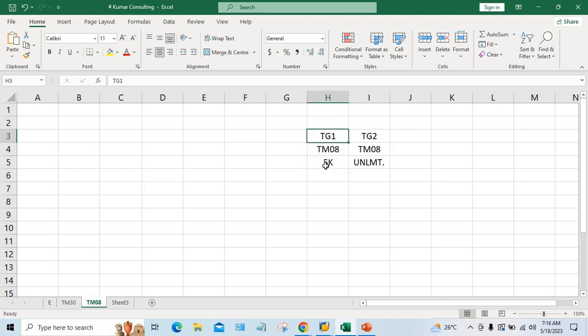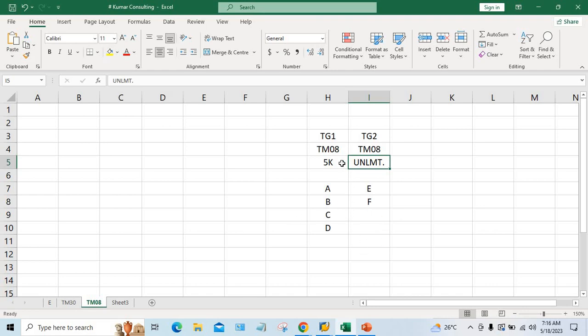Certain user IDs, certain users, are assigned against this tolerance group, so these people will be having restrictions for this amount, and these two user IDs are assigned against this tolerance group, so these user IDs can post transactions up to any amount. This is the logic, guys. Here there is no problem, guys. Now here where is the problem? The problem